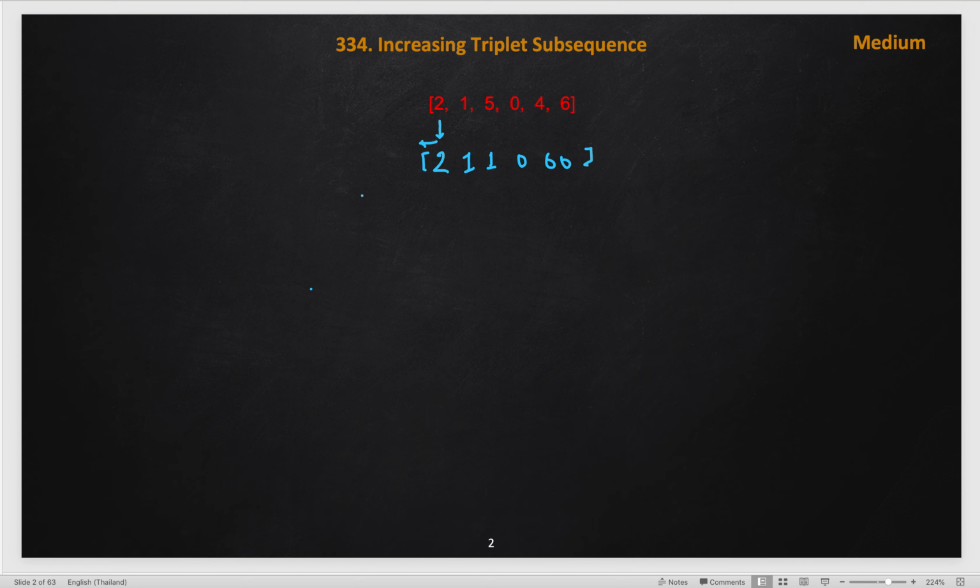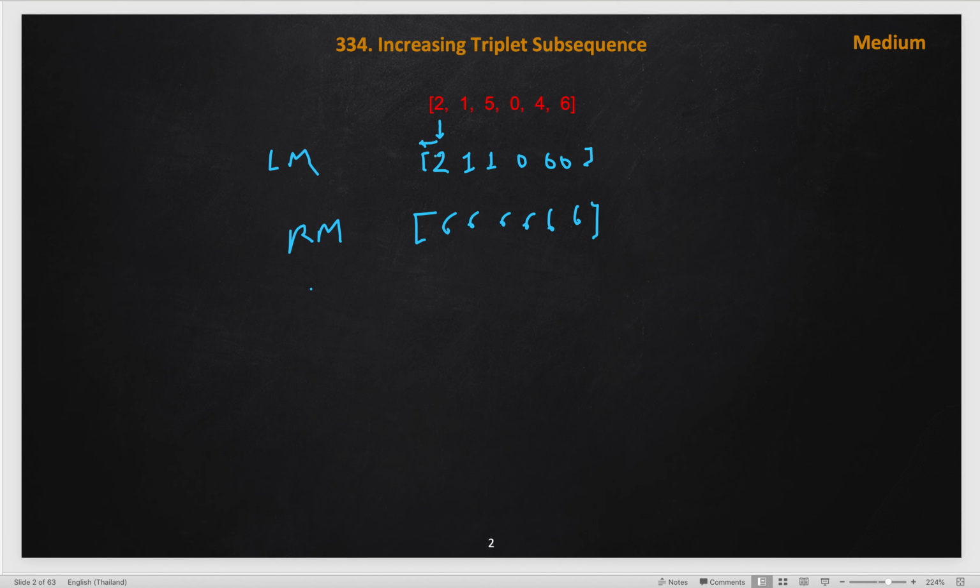One is the left min array, so lm, and another we will create is the right max array. The maximum of the right side of 6 is 6, so we will start from the end of the array, and the maximum on the right side is 6 for every number. We fill this other array, which gives the right max of each index.